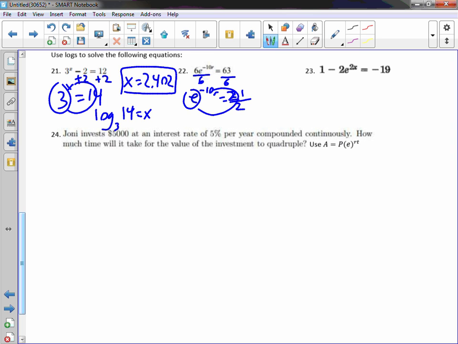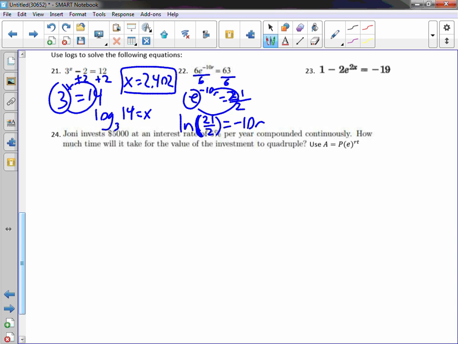We should know by now that anytime we see e, it's going to be ln. So ln of e, and remember we don't have to put the little e, but 21 over 2 equals negative 10r. In the calculator, it doesn't even give you the option to put the e because it's already there. So when you punch this in the calculator, you won't put the e. You'll just put ln of 21 over 2,